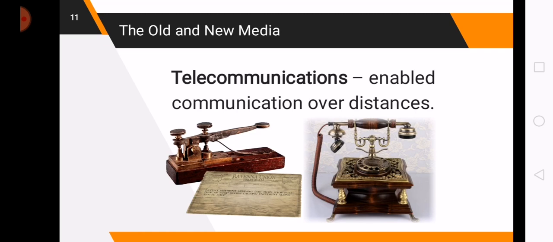It enabled communication over distances, because before the telecommunications, the people just traveled to go where they wanted to go and inform someone of a message, or if they wanted to tell someone about something, right? They had to travel just to say what they wanted to say.